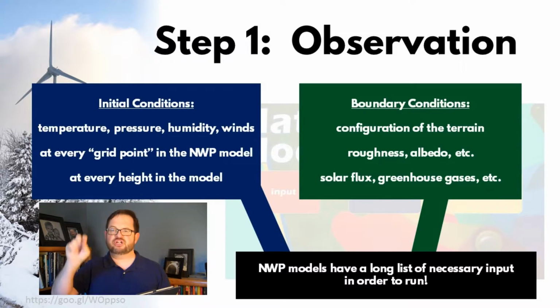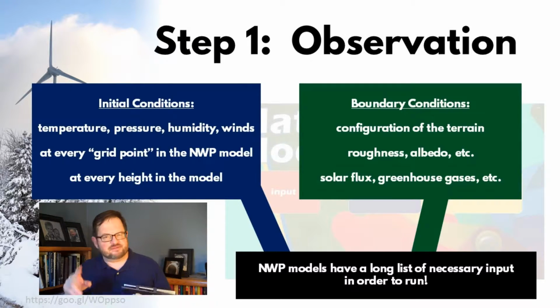What is its temperature, pressure, humidity, what are the winds? We're going to have divided the domain, the area that the model is forecasting, which these days is usually global, although it wouldn't have to be. You might just be making forecasts over the United States or something like that. And you're going to divide that domain up into little boxes, sometimes called grid boxes, sometimes called grid points. And what you're going to be doing is assigning some kind of temperature, pressure, density, humidity, winds, etc. at each of those little boxes.